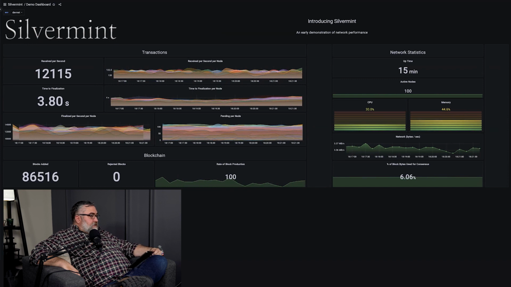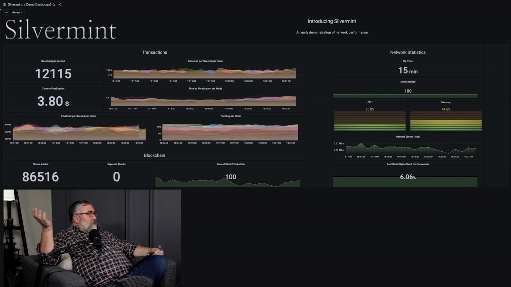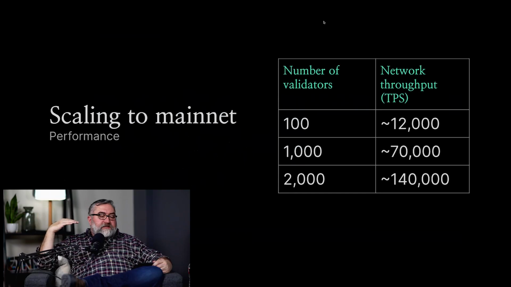Okay, so that's the basic console. As we scale this demo into testnet and then onto mainnet, our goal... this is doing 12,000 transactions a second, which is slightly less than 10% of what we want, on about 5% of the total node count of what we expect for production. So we're going to be scaling it up to, we expect to get about 100,000 transactions